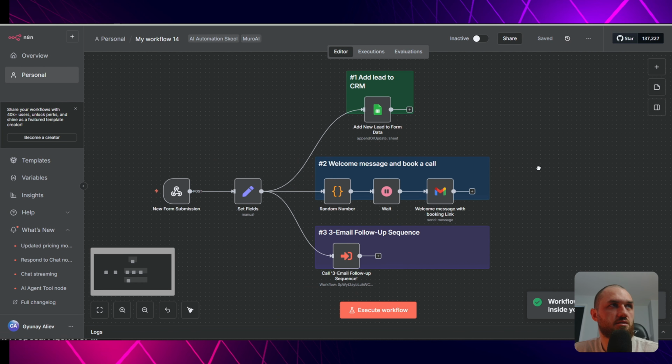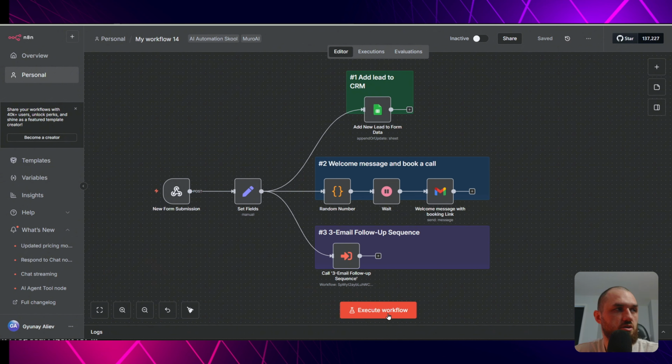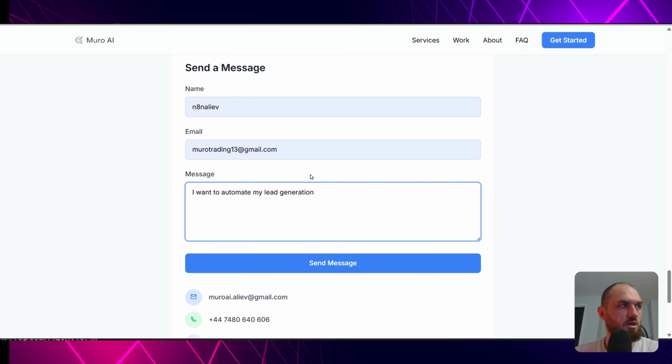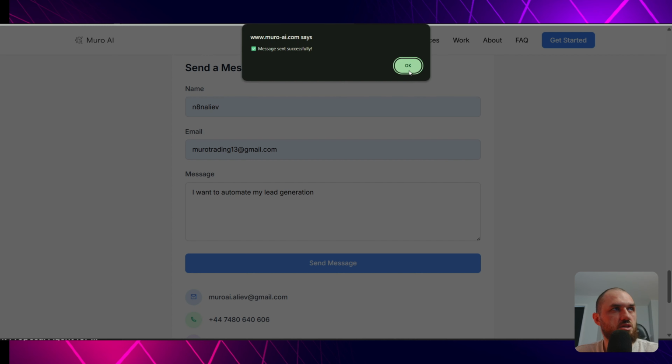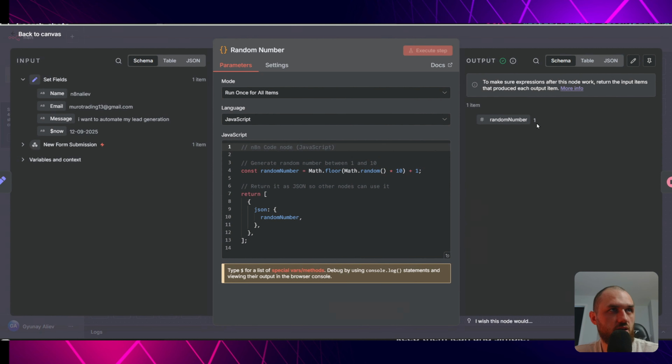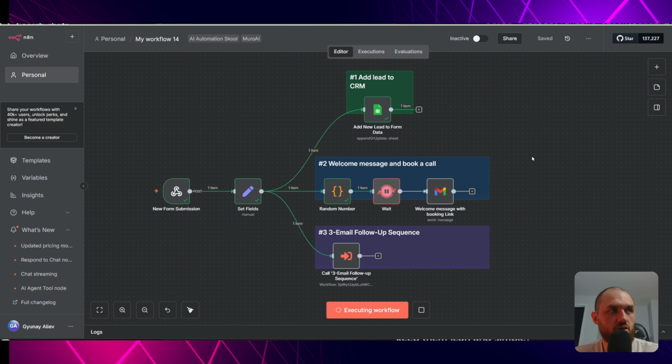When you click save, let's test if it's going to work. We're going to click execute workflow and fill in the form. Let's say n8n, my email, let's put in another email, and for the message I want to generate, message sent successfully. I'm going to say okay, and we can see the new form submission is added to our CRM. The welcome message is going to be sent after a random number of minutes. Let's see how many minutes. It says 1. Okay, after 1 minute it's going to send the welcome message,